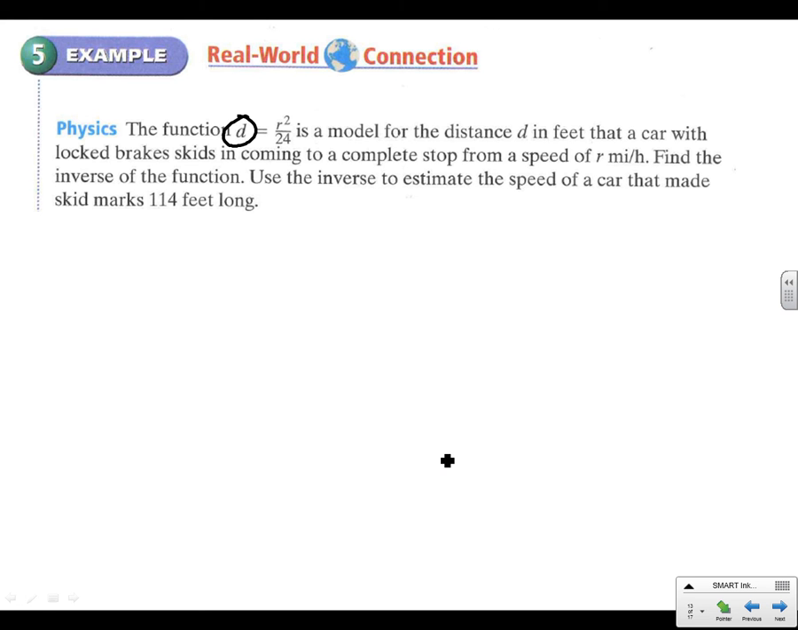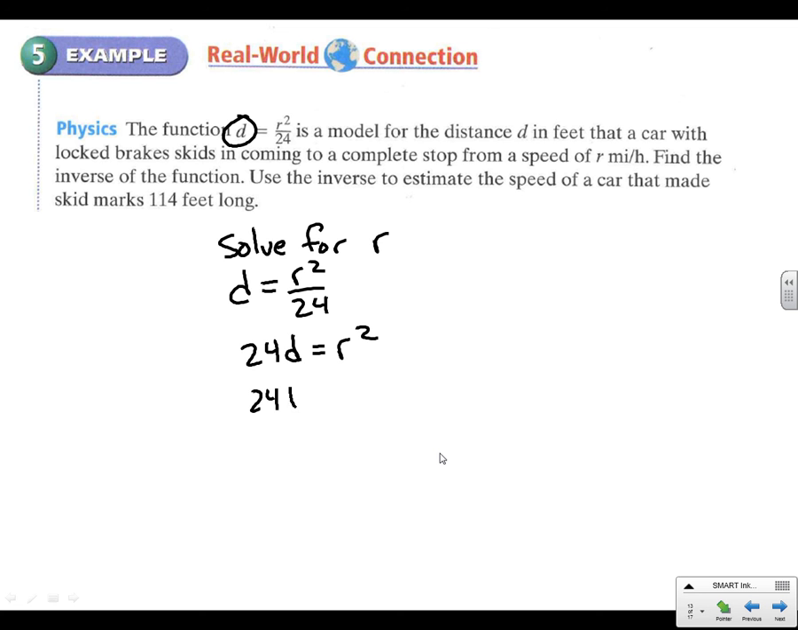What I think we want to do here is not find the inverse, but solve for r. That is really what they're trying to get you to do here. Get r by itself, which is fine, kind of the same idea as what we're looking for in the inverse. So d equals r squared over 24. We're going to times both sides by 24 to get r squared, and then we'll square root both sides to get the square root of 24